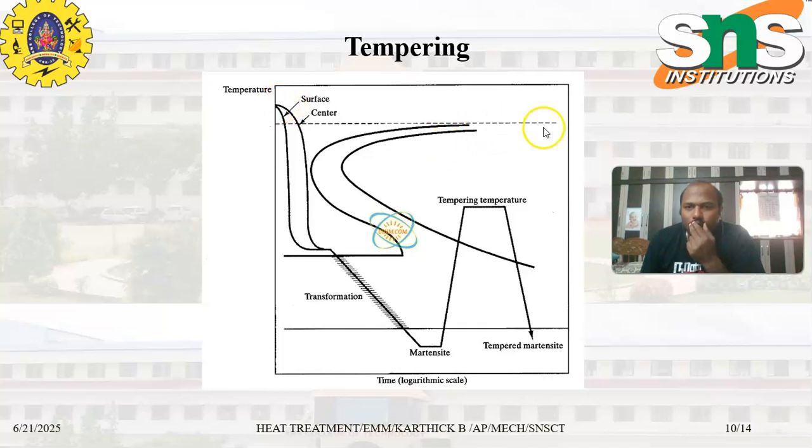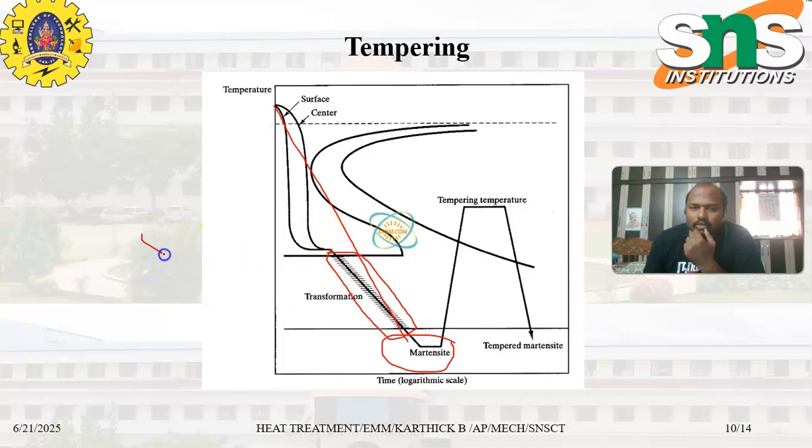the material is heated to a temperature. This line is the 730 degrees Celsius line, and it is heated to about 800 degrees Celsius, where you can see there is a sudden cooling process. There is no slow cooling here, it is a sudden cooling process. This sudden cooling helps to form the martensite. From 800 degrees Celsius, there is a sudden fall in temperature to around 200 or 100 degrees Celsius to form the martensite. This is where the transformation takes place,